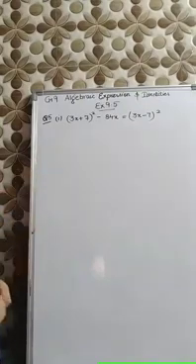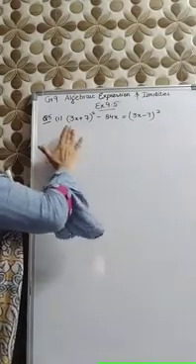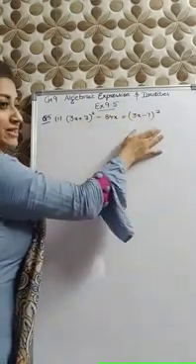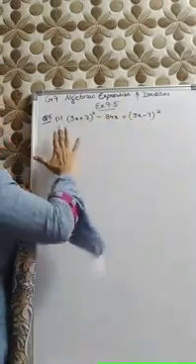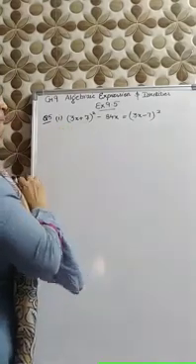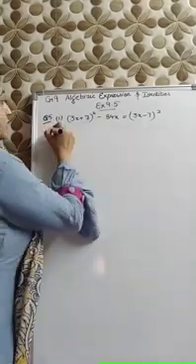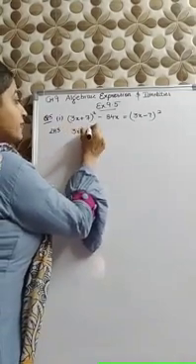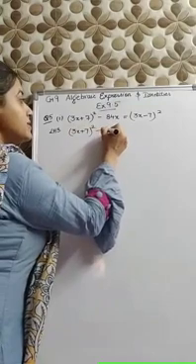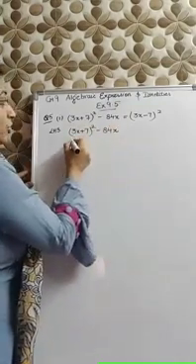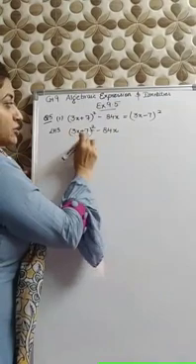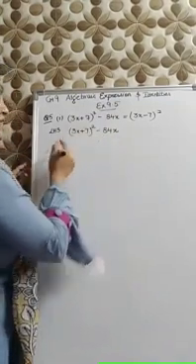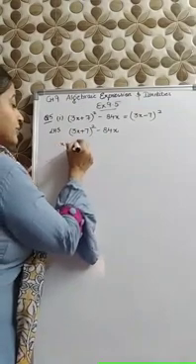Okay, now let's start with question number 5. First part I have written. You have to show whether these two sides, left hand side and right hand side, are equal or not. So let's solve the left hand side and right hand side separately. So left hand side I am writing (3x plus 7) whole square minus 84x. Either you can solve this term directly here in the question or you can solve this term separately if you want. So I am writing here separately.